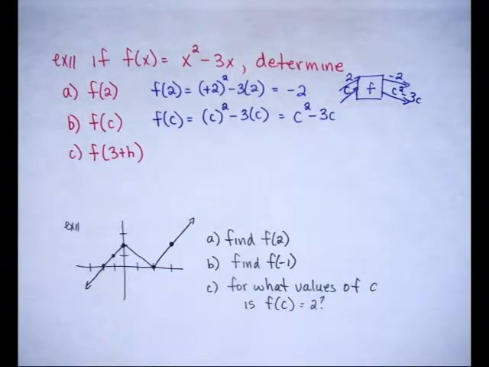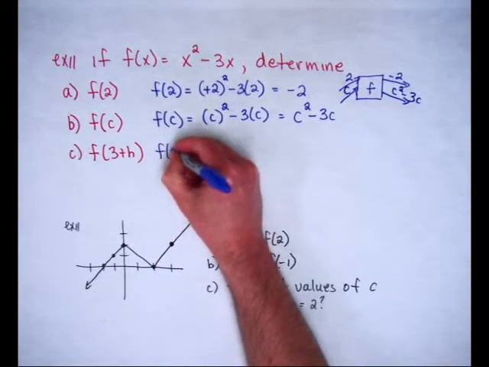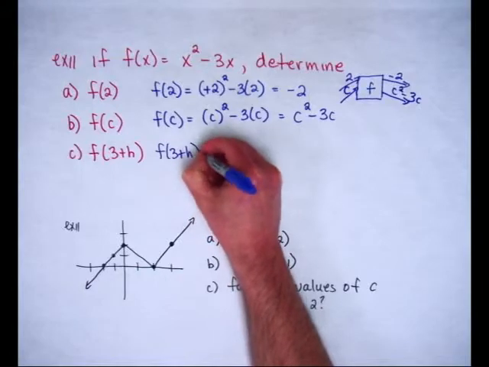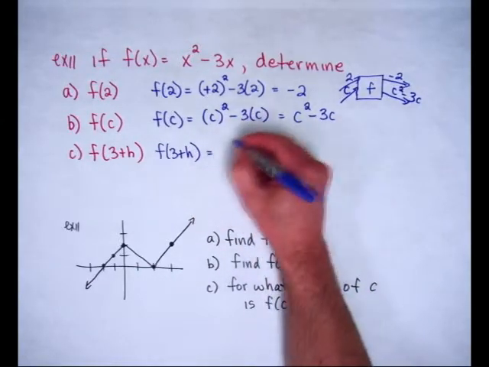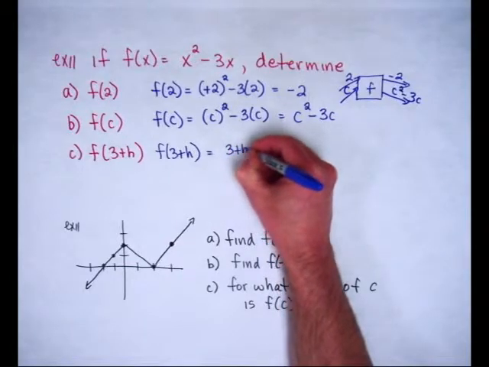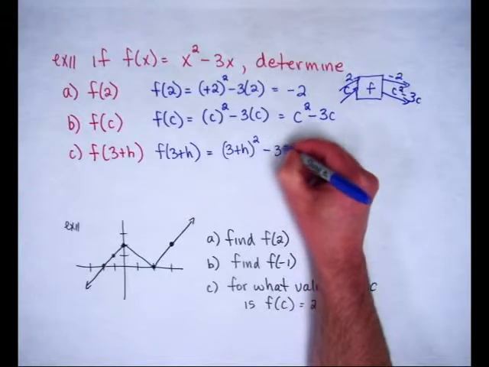And you're going to see later when we get into the calculus part of the course that often in functions we plug in expressions that are more than one term. So in our last example, I've asked you to evaluate the function f at the point 3 plus h. Well, again, it doesn't really matter what's inside the bracket. The process doesn't change. You're going to take the function f, you're going to put the input 3 plus h in, and the output is going to be 3 plus h all squared minus 3 times